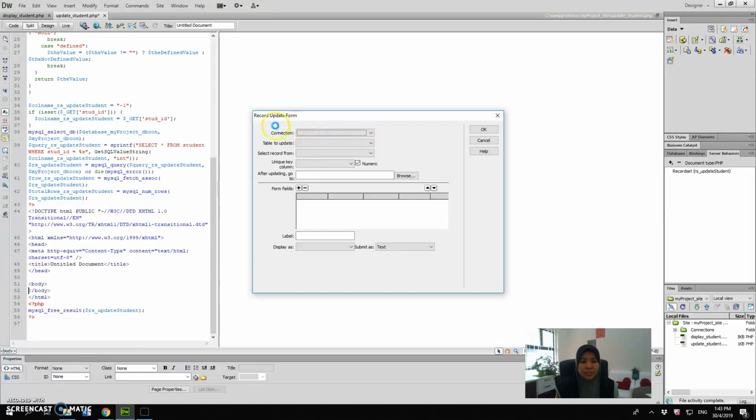Now you are going to set up the record update form. Dreamweaver is working for you. The connection is my project DB connection. For the table to update, choose the table you want to update. In my case, we would like to choose table student, and then